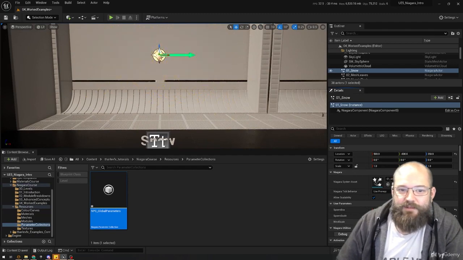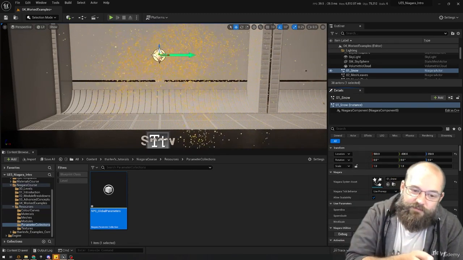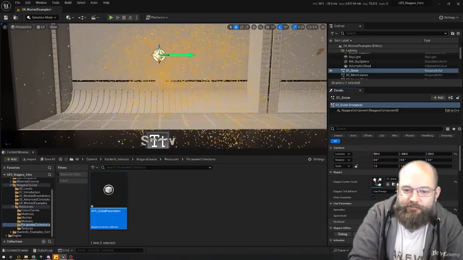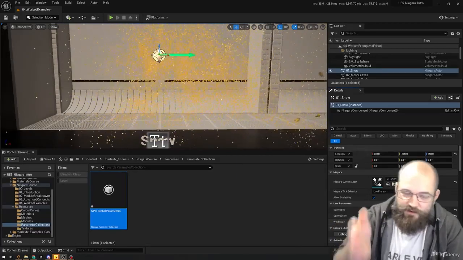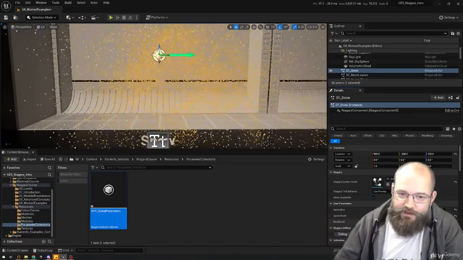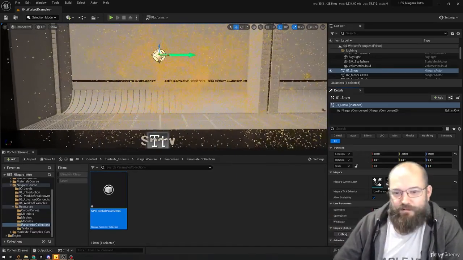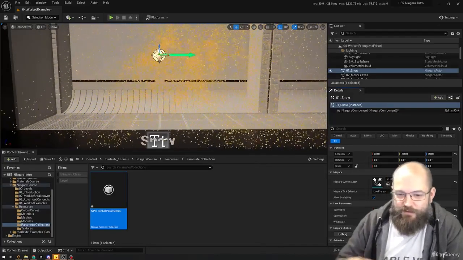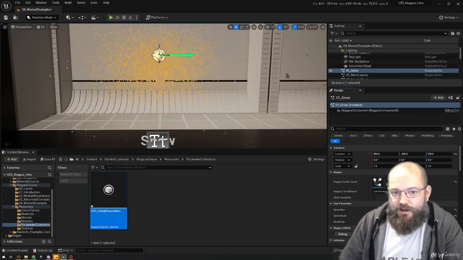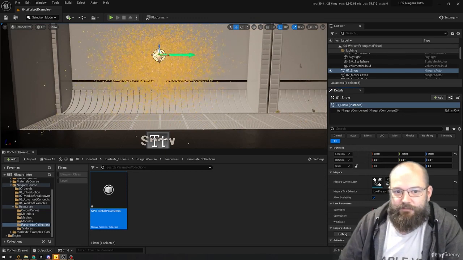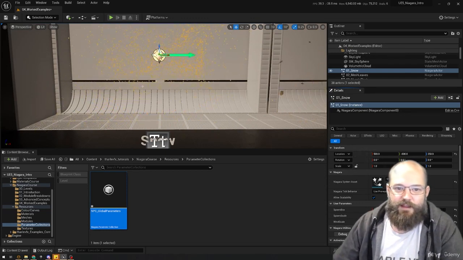But we have a wind scale value here. So this is what I was saying before about having it not only controlled by the NPC, so you can control it globally for everything in the world, but also controlled by the user parameter on the object, so it can be kind of overridden here. So if we wanted to place one of these maybe in a little kind of valley that didn't have any wind, well, if we can set it to 0, we'll now have no wind scale. Still a little bit of noise happening there, but